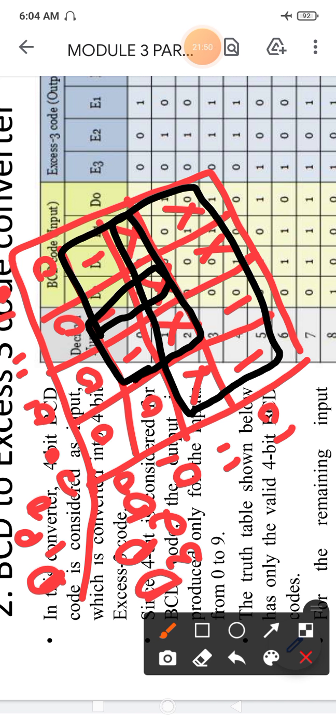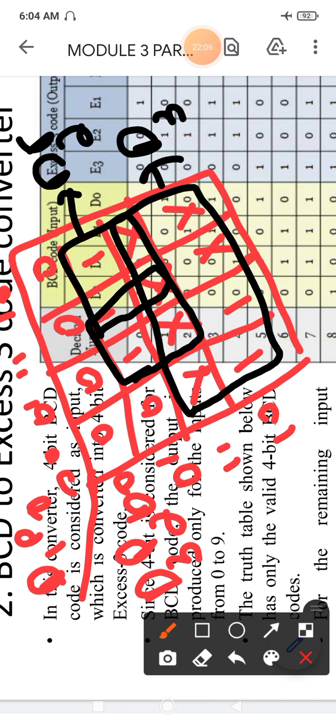So this, if you pair, you will be getting only D3. This, if you pair, you will be getting D2 and D1. See here, D0 will be cancelled as 1 0, that is dissimilar.